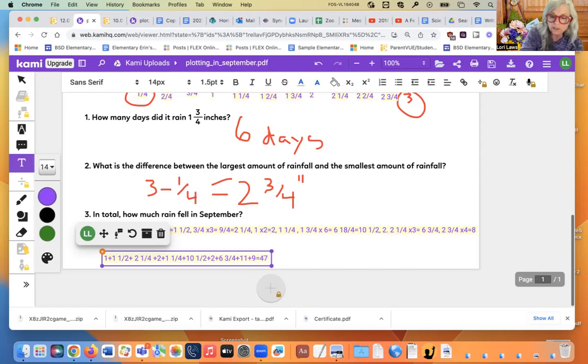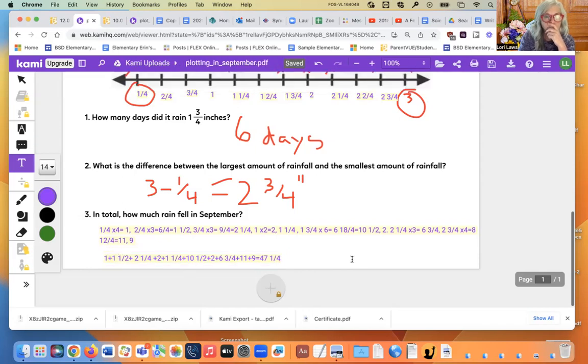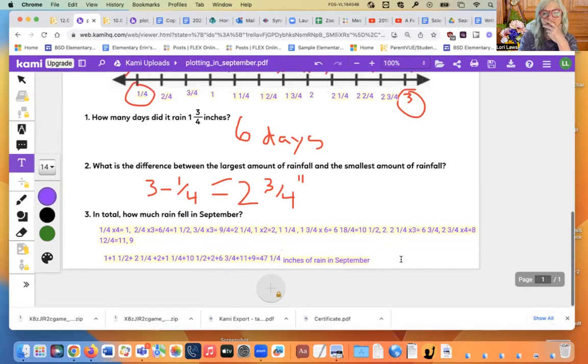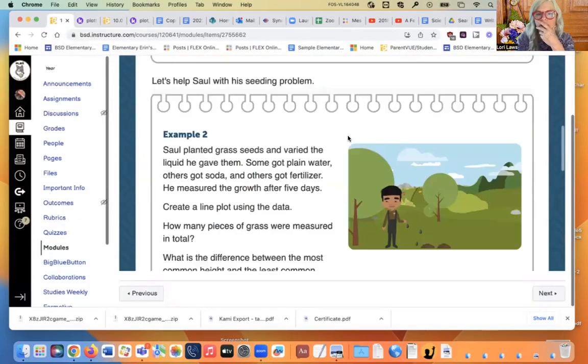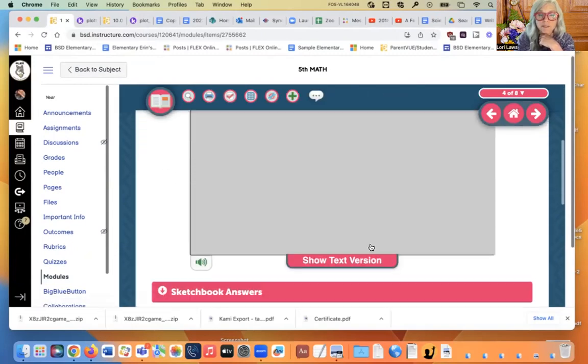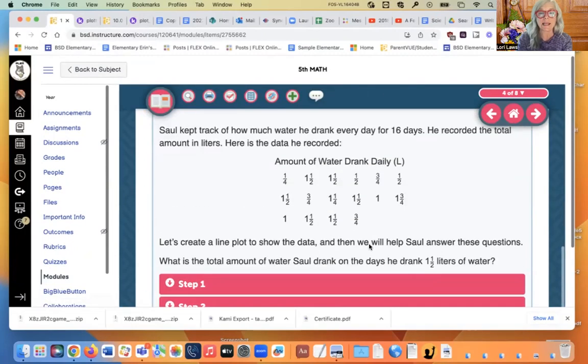And what I would probably do is double check that on a calculator because it's a really long computation. You'd need to double check that. And the last thing is to add your label, which is inches of rain in September. All right, friends. That is how to carefully go through the problem. Now, remember that that's just a practice one for you. And as you continue to work through the practice problems, which I would recommend you do today,